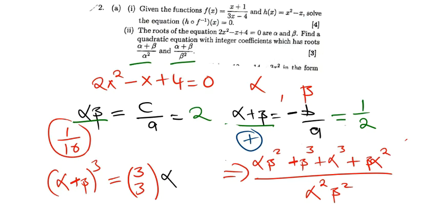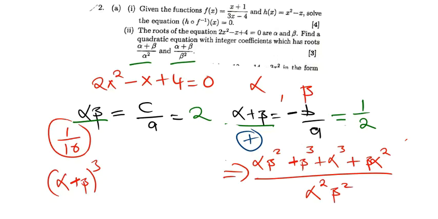Would that be the third term? I don't think so, because the third term is going to be 3 minus 3 and then beta to the power 3, so it wouldn't actually add up. I think